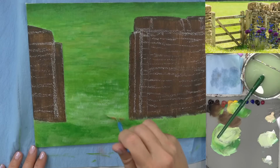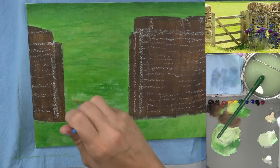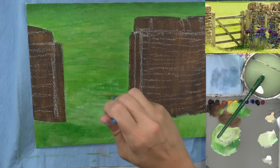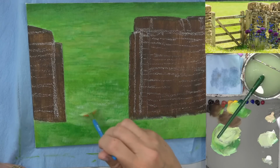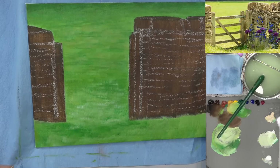There's a real question. Okay. Person would like to know, what does underbind mean? Underbinding is when your paint doesn't bind to the canvas properly. And what happens is, if you go back over an area that's not properly bound to the canvas, it'll lift off the canvas. And that happens if your paint is